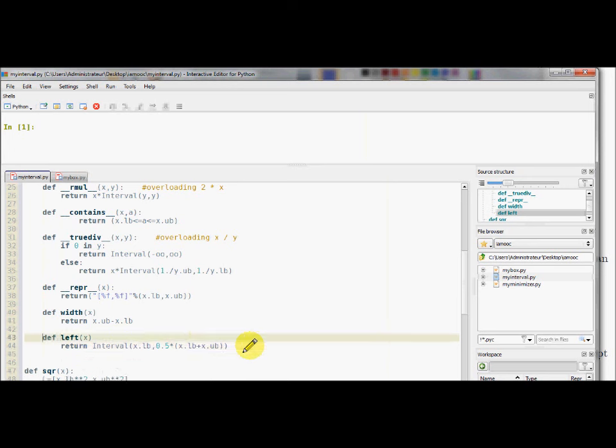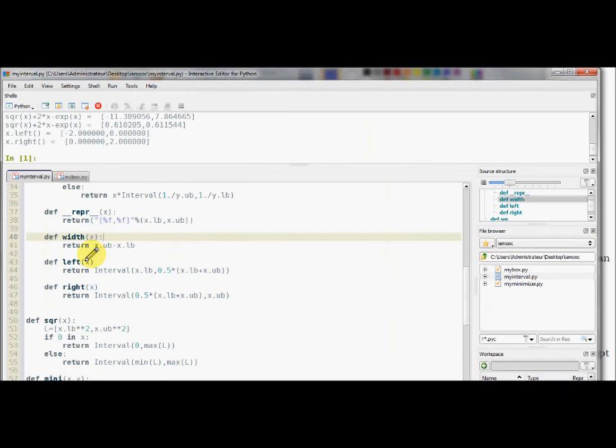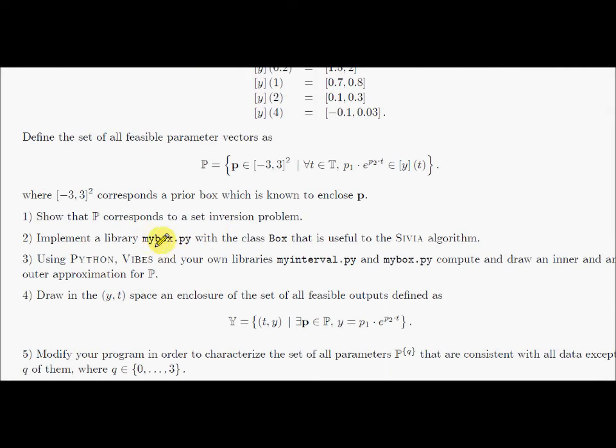And for the right interval, I will have to invert the two of them, so here it will correspond to the middle, and I will keep the upper bound. Of course here I need the two dots. I have now implemented my own box library, and I will be able to solve my parameter